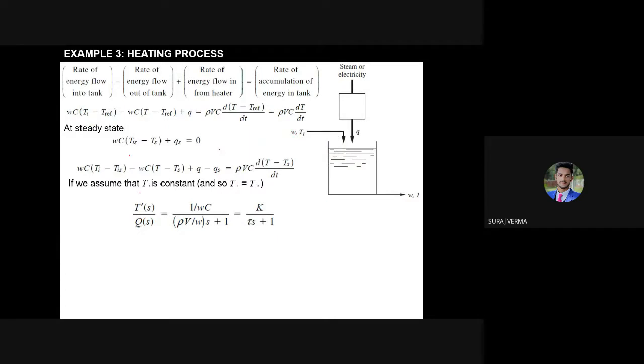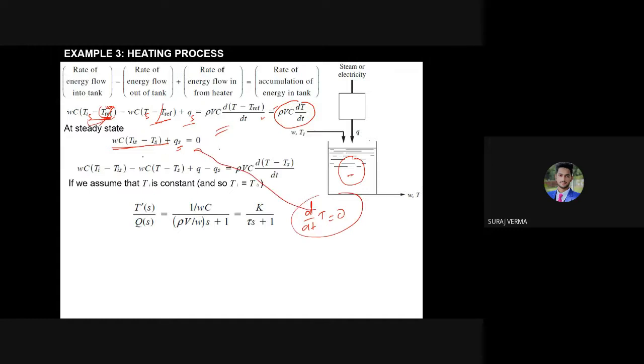Now at the steady state, what happens? At the steady state, when you write Tis, it becomes Ts. T reference will cancel out. Understood? Tis becomes Ts, and when you subtract, the T reference will cancel out. So this equation comes with Q becoming Qs, the steady state value. And as you know very well, at the steady state there is no accumulation, there is no change, so d by dt becomes a constant. d by dt of any constant becomes 0, so it will give 0, right?